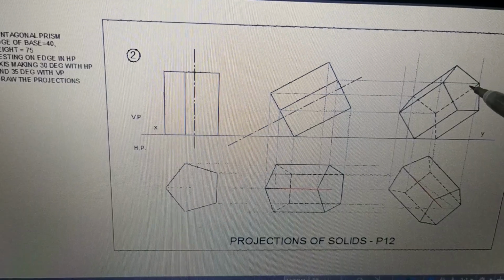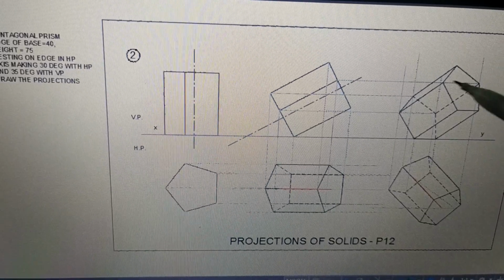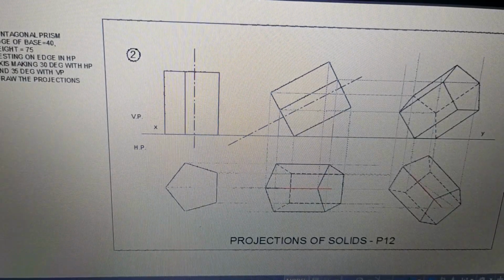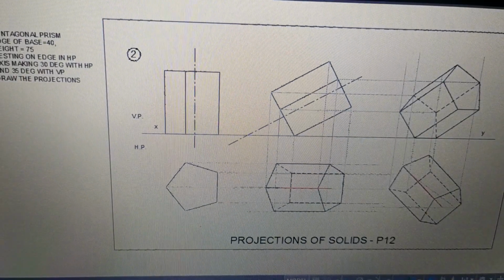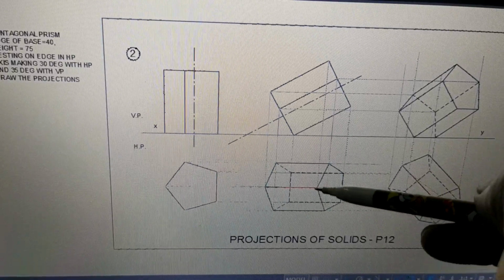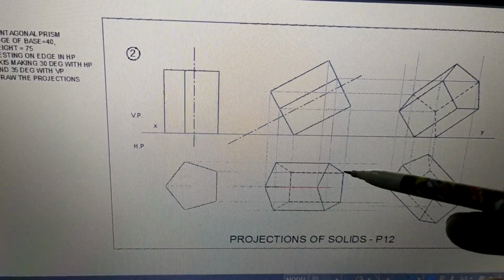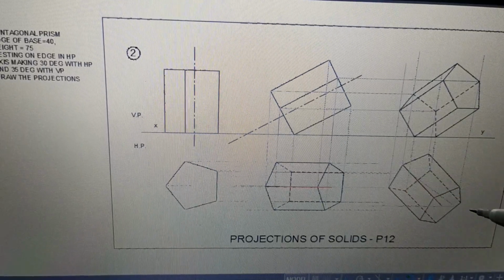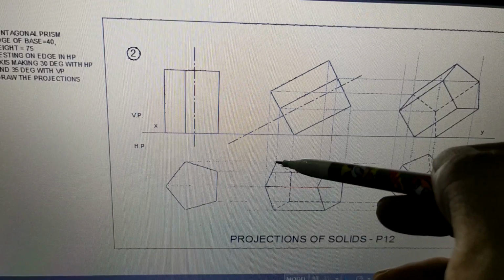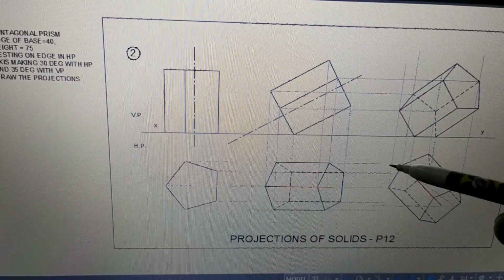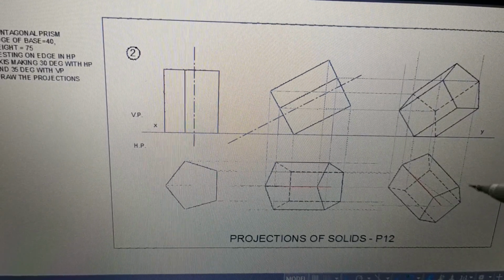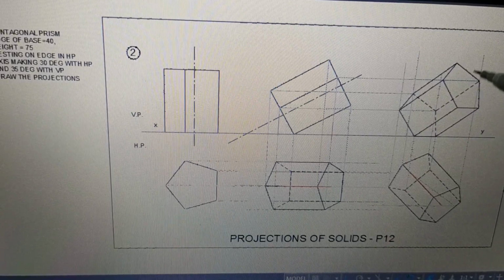This is the front view of the solid when it is inclined to both planes. Now we are going to make use of the point names. All the point names which are given here should be shown here. So you can see here 1, 2, 3, 4, 5 will come here, and A, B, C, D, E will come here. If you write point names, then your work will be very easy. You must write point names, then the problem will be easily solved.